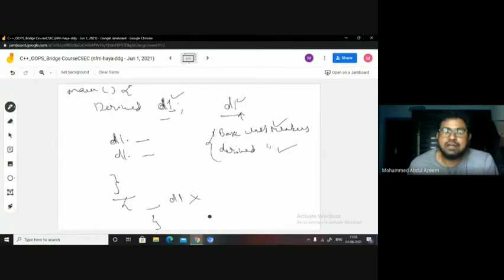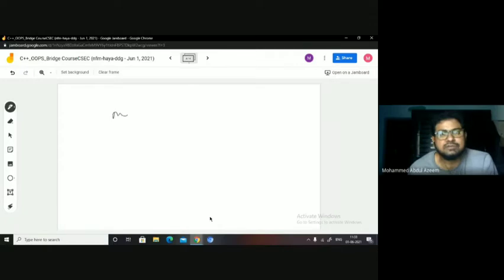So our main motive behind having this particular destructor is for when the object is not accessible. I'll take another example here. Let us say in your main you can have any number of blocks, right? I can have one block, and then I can have another block, and another block. I can have any number of blocks, block within a block, nested blocks we call them, right?